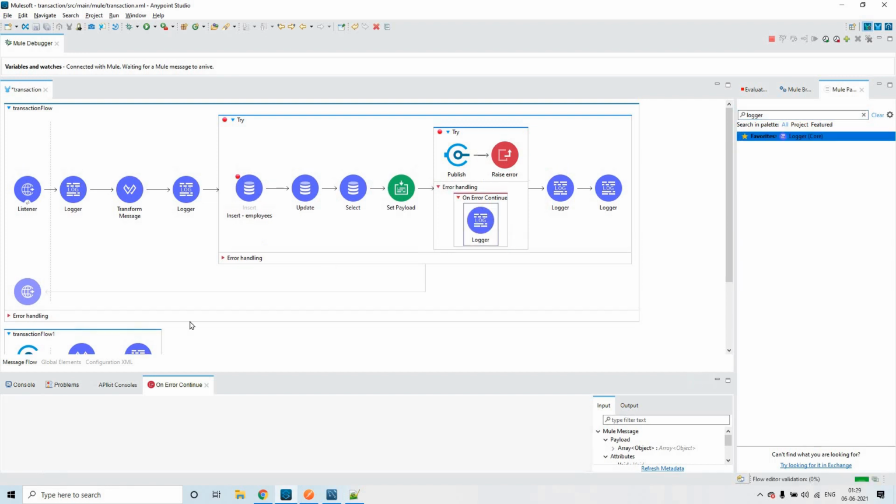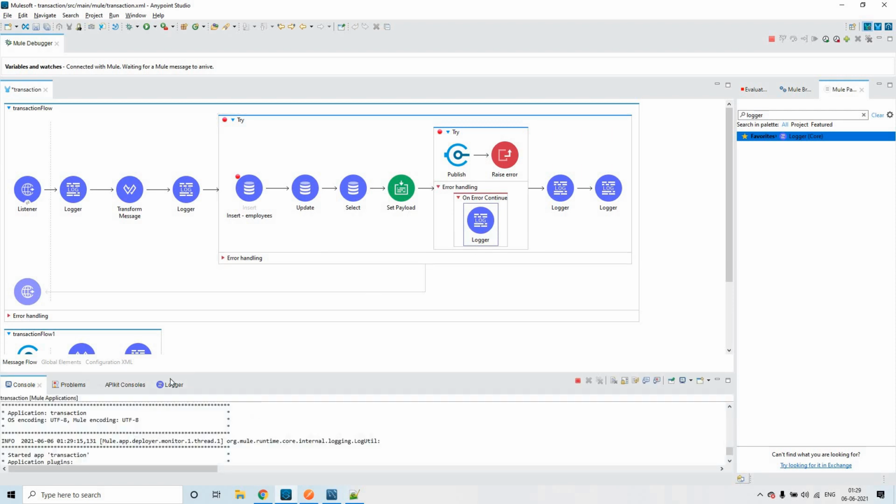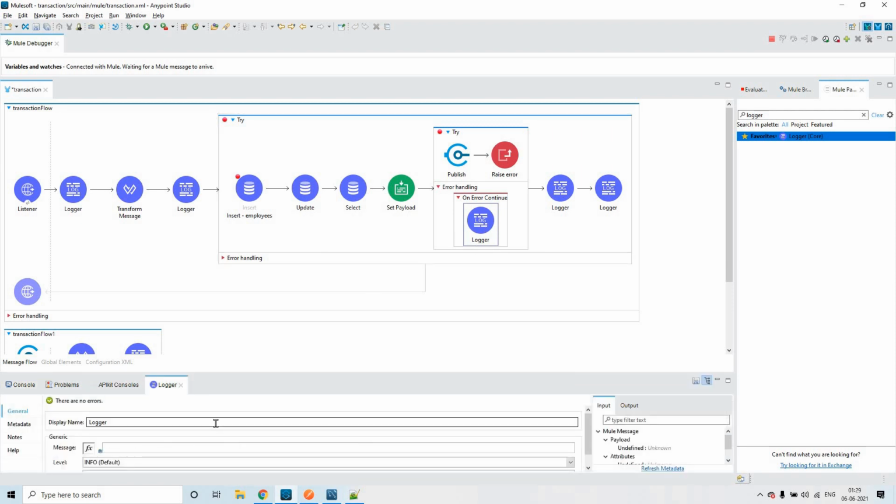So I'm going to put something like a logger configuration: it's an error in the nested transaction, but it's a success response to the parent transaction. This is what I have kept.